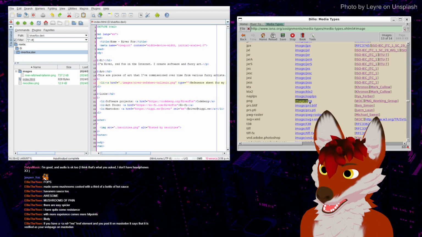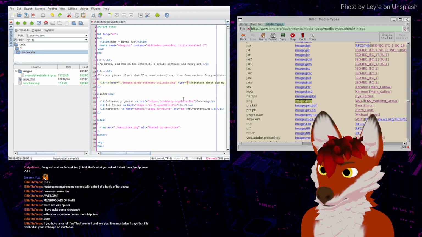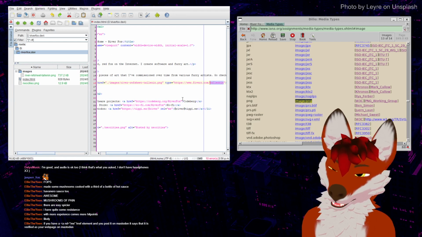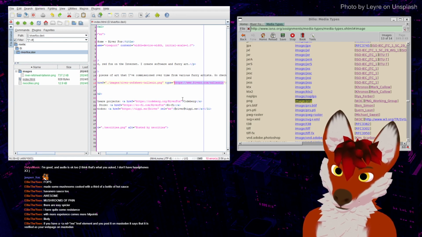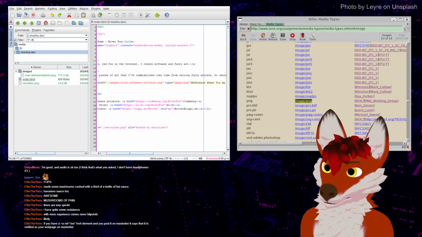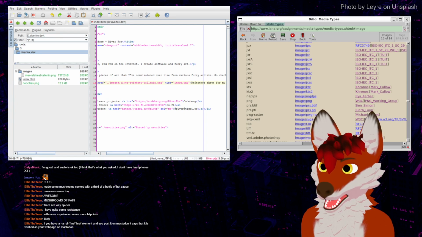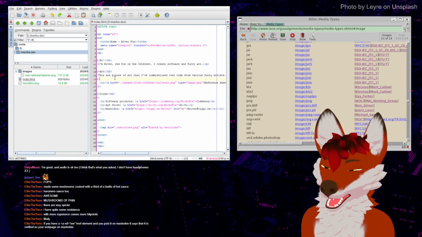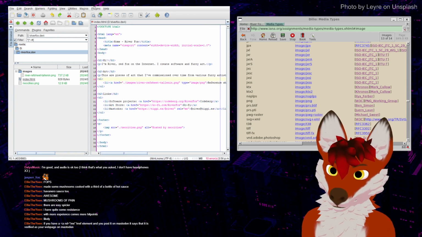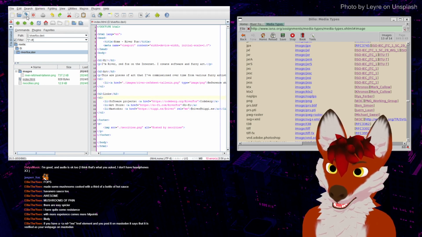PNG. Image PNG. I forgot I cannot copy and paste image PNG. Yeah, the thing is that the browser is actually running in WSL, and the editor is on the host Windows operating system. So